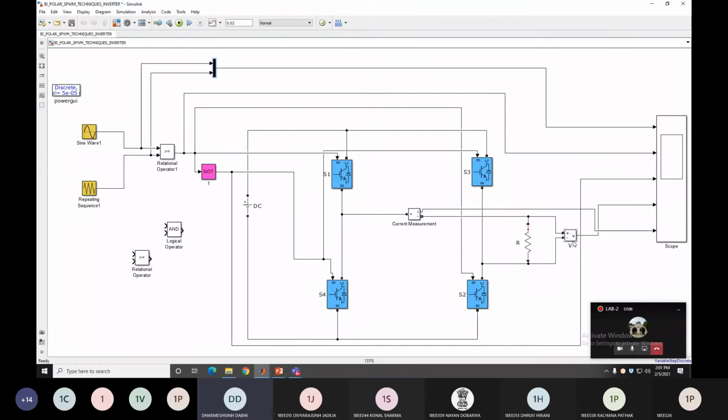And the fourth one I measure is the load voltage across the load. You can see here I put the voltmeter across this resistive load and measure the voltage. And for the last parameter I measure the current flowing into the load, so I put the ammeter in series with the load. So I measure the current in the last one. Okay.